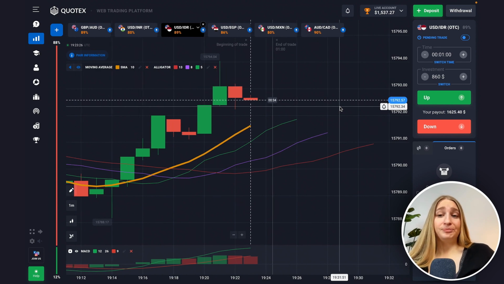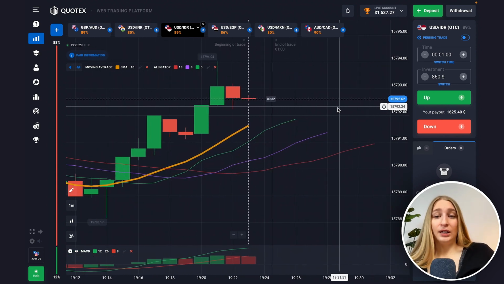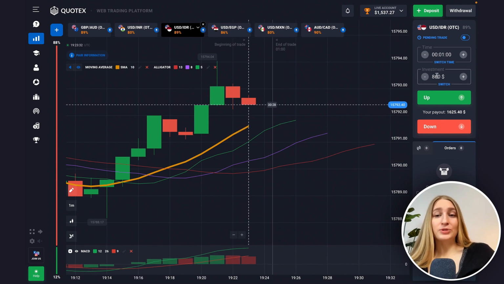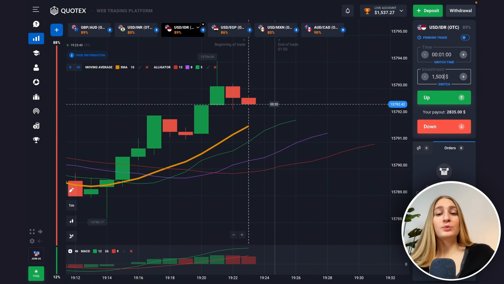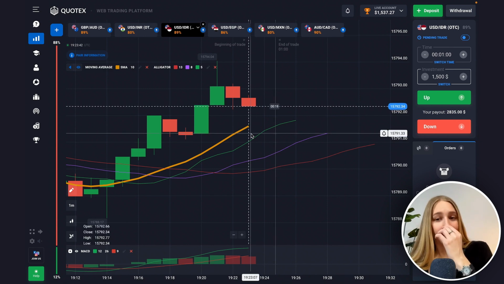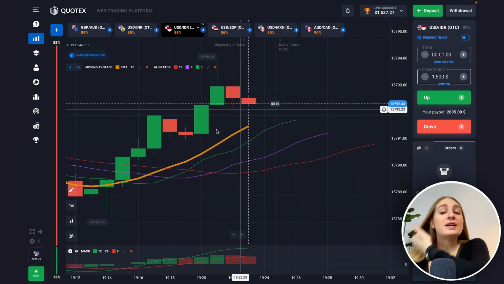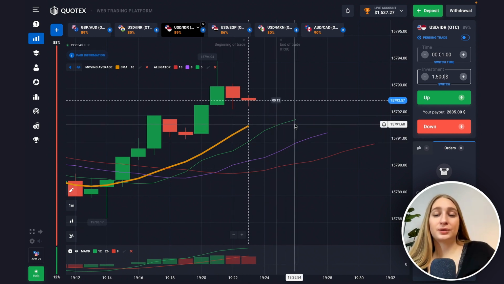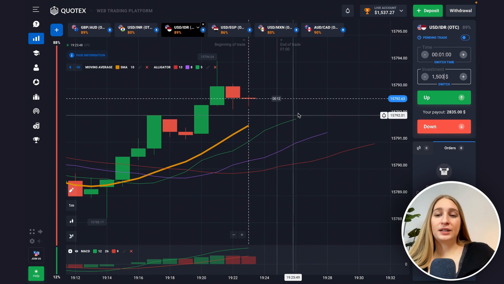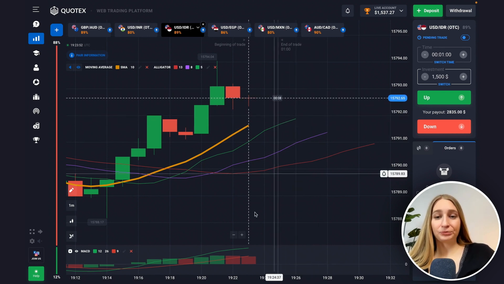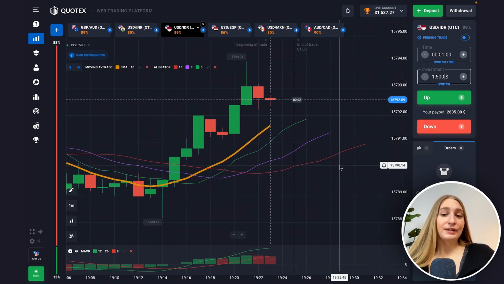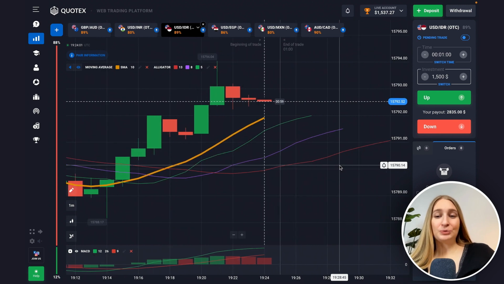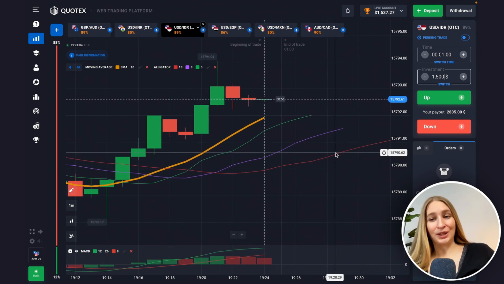So what I can see, I took the whole graphic, and you know what? First of all, let me change my investment, and then we will move on, for $1,500, and I think it will be good enough. Okay. I see here that the situation is not really certain because alligator lines are in a way going up and down. Okay, and after this intersection the situation is not really changing, so let me wait for a few minutes and well, let's see